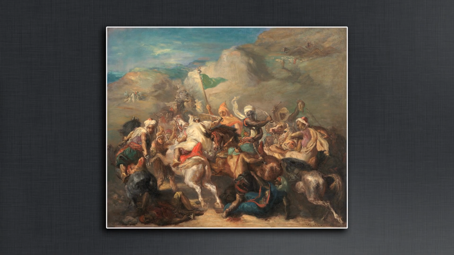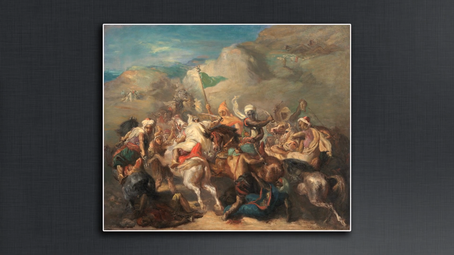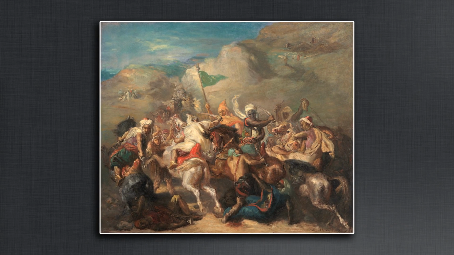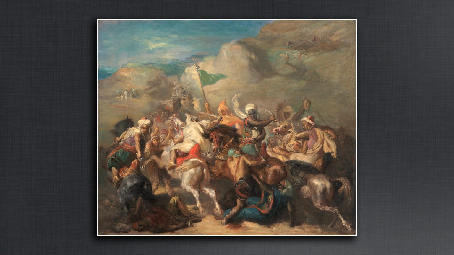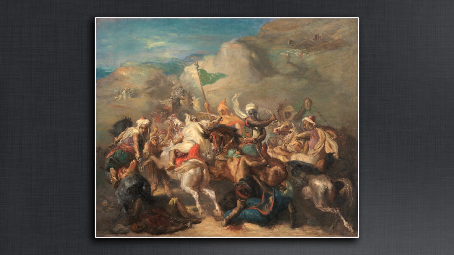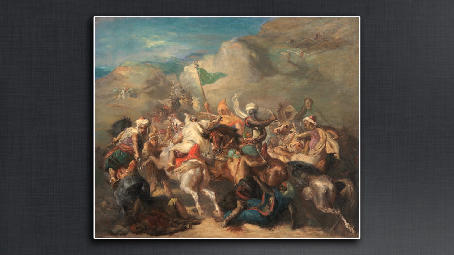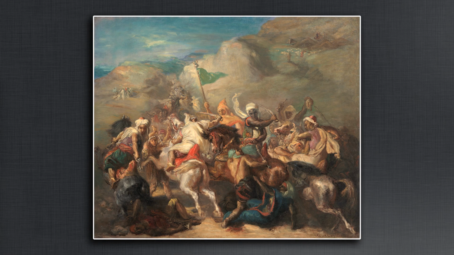I chose this piece. It's called Battle of Arab Horsemen Around a Standard, in English, of course. And like I said, it was this time of conflict, a lot of growth, a lot of beauty within that age of strife. But also, there's just a lot to talk about. This was inspired by his journeys as the French tried to colonize North Africa, and so you really just see this contorting mass of figures, and there's so much energy and fire, but it's also a testament to the dying struggles of a civilization.